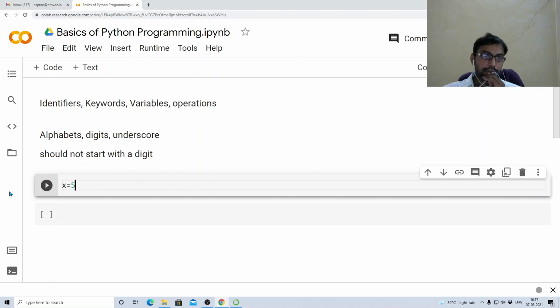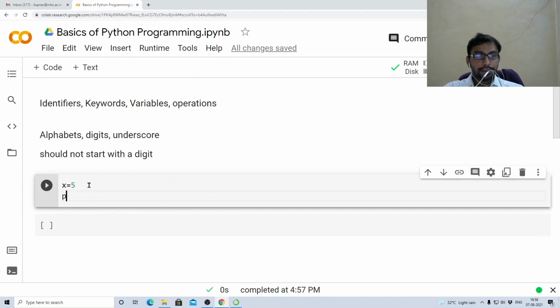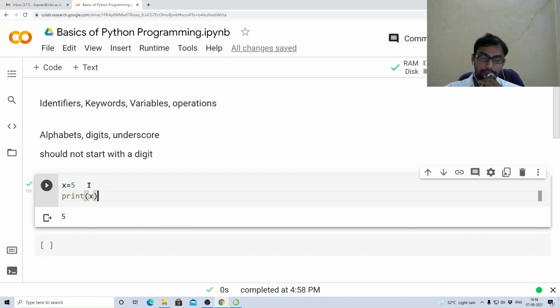If you want to run this, click here, click this button, or you can press Ctrl Enter also. You see it was rotating, that means it was running. x equals 5. Yeah, it is a success; the tick mark means success. If you want to see the value inside, you can use print or directly write x. In a program, you have to use print. Let me use print and run it again. You see, the value inside is 5.